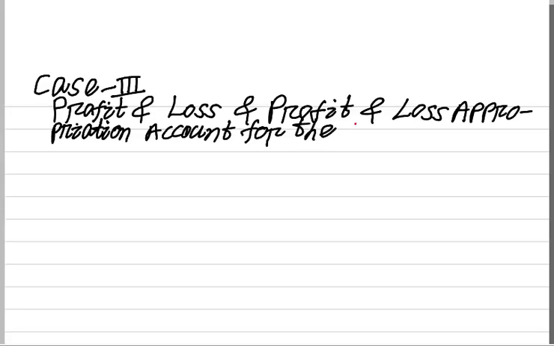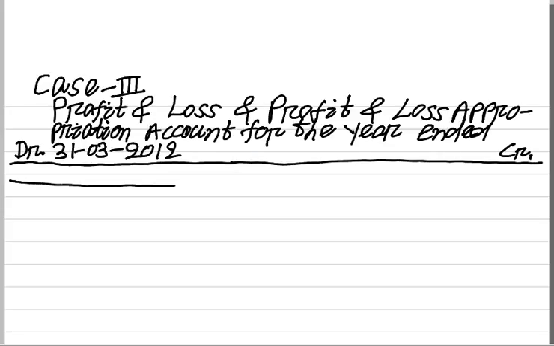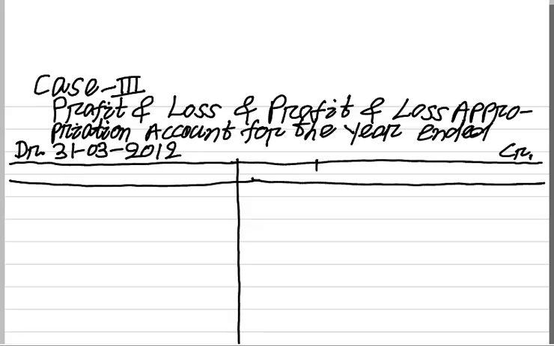Appropriation account for the year ended 31st March 2012. This is the debit side of the account and this is your credit side of the account. Now proceed. This is the first half of the account, which is profit and loss account. Particulars, rupees, particulars,